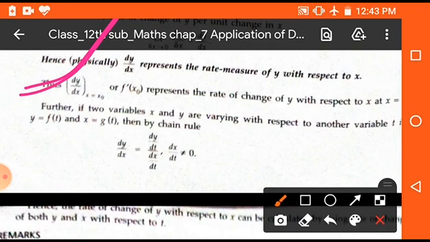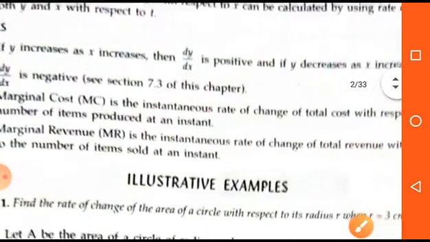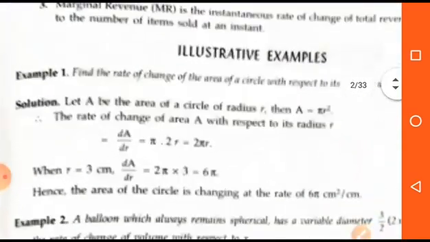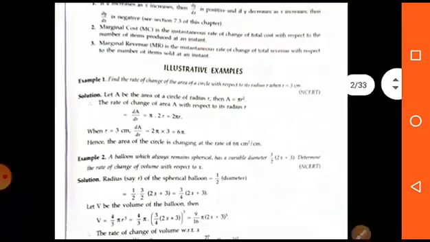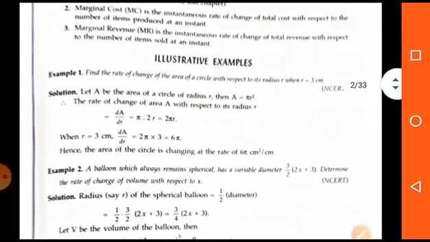So you can say that indirectly in this chapter we will also use the properties of differentiation, because differentiation also represents a rate. We know that in differentiation dy over dx, we differentiate y with respect to another variable, here x. So it is also an example of a rate measure. Clear? Okay, students. Now, by giving some examples, you can understand very well what a rate measure is. Okay, students, see the example.